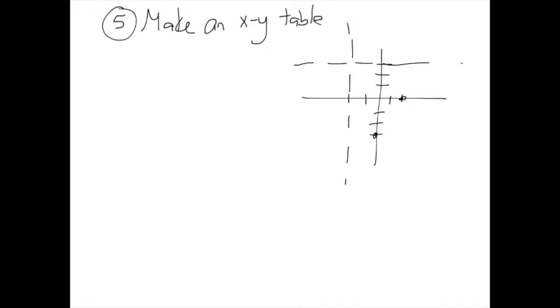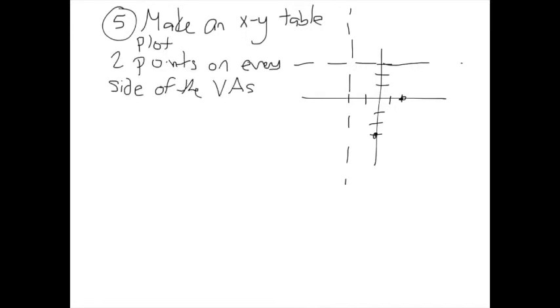When we have vertical asymptotes, our best option is to plot a couple more points, especially if we don't know what's going on. But really, for this, the strategy is to try to have at least 2 points plotted on either side of the vertical asymptote. If there's more than one vertical asymptote, we'll have to plot a couple more points. In this example that we have, we only have one vertical asymptote, which means we only need 2 on each side. We actually already have 2 on the right hand side, so on the left hand side we're going to take our example